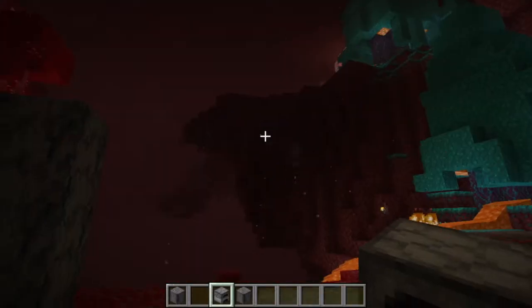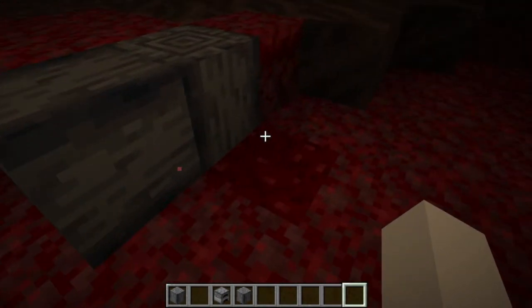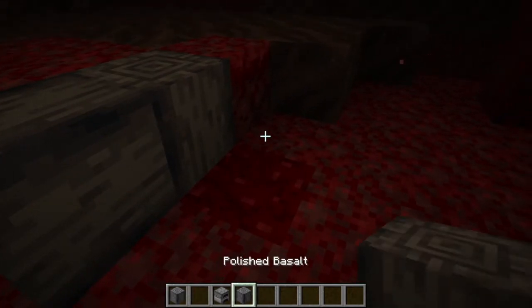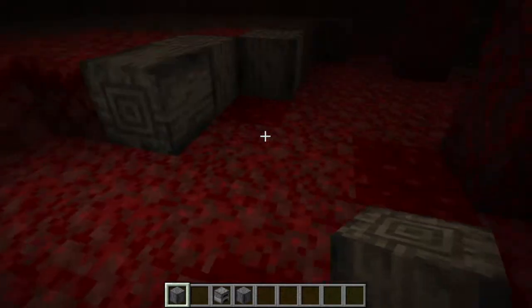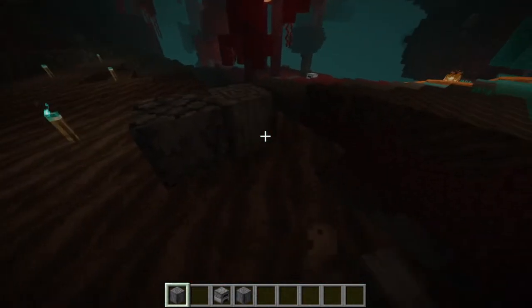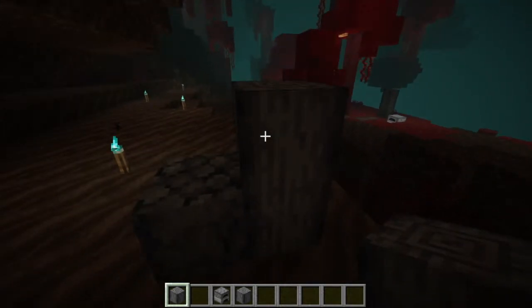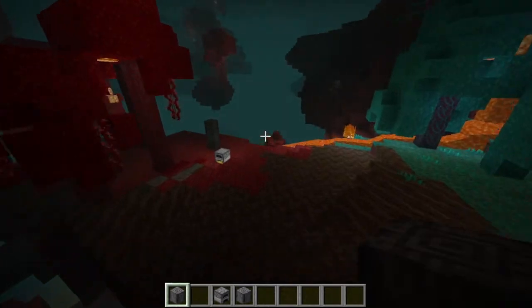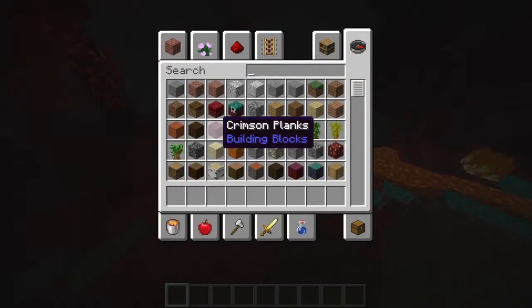So yeah, it's just a nice little decoration block. It doesn't look really that different to me in my opinion. Where's my example basalt? There it is. So it just looks a little bit nicer. It kind of looks like wood as well, which is quite exciting. Either way, with that bit out of the way, we have ourselves a brand new